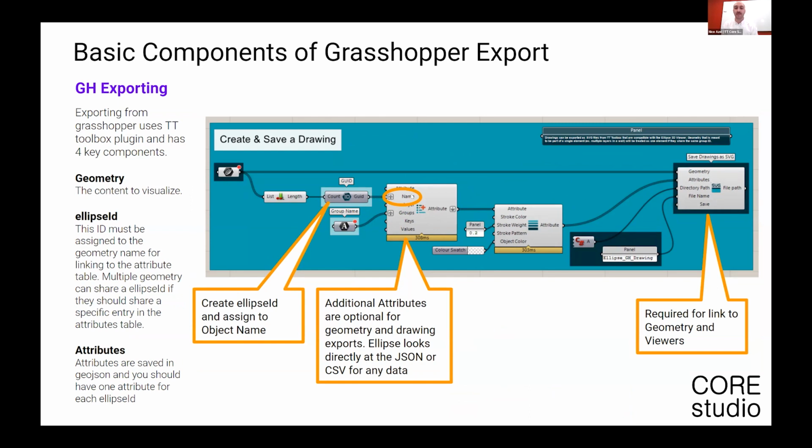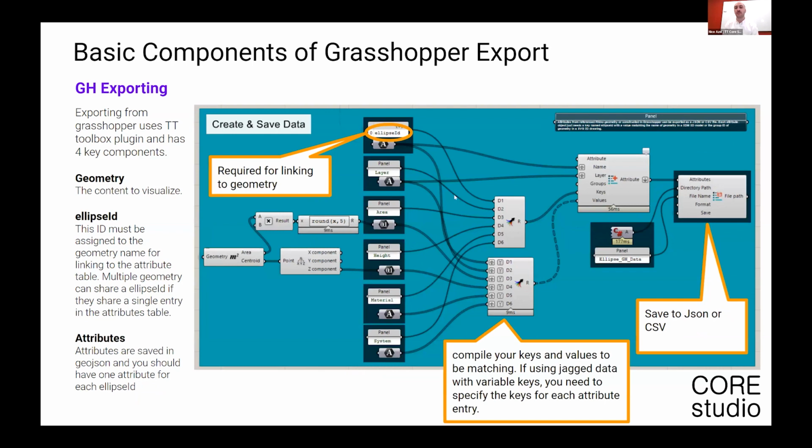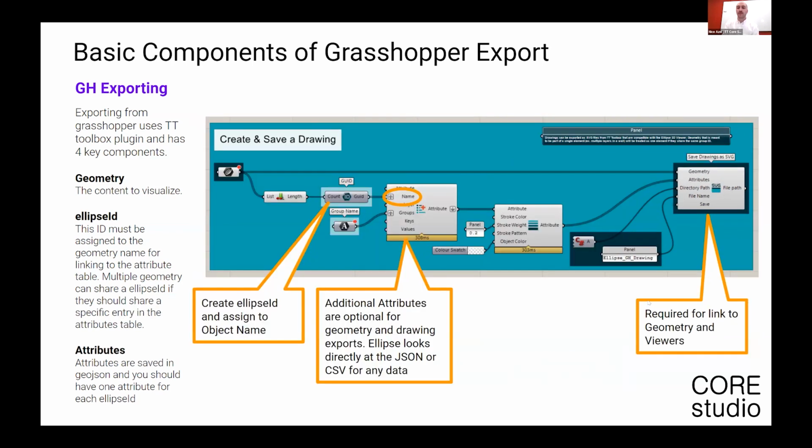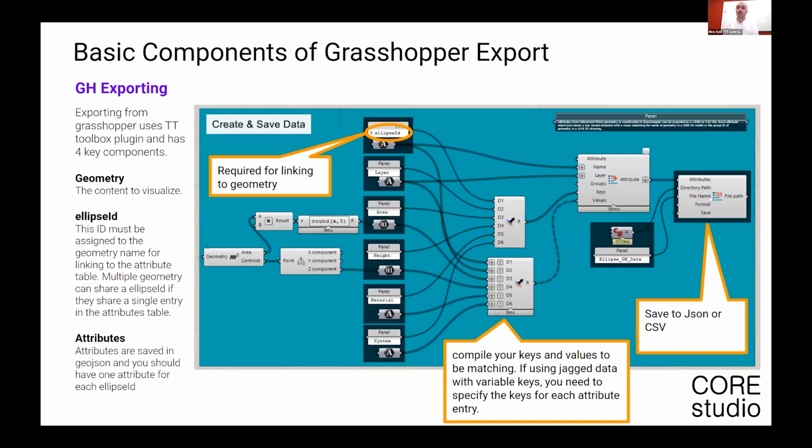We just need the name embedded, because Ellipse will use the JSON to read all the data. That way we can have 10 drawings and 5 models, and they all will point to one data set that links them all together. It's the master source of